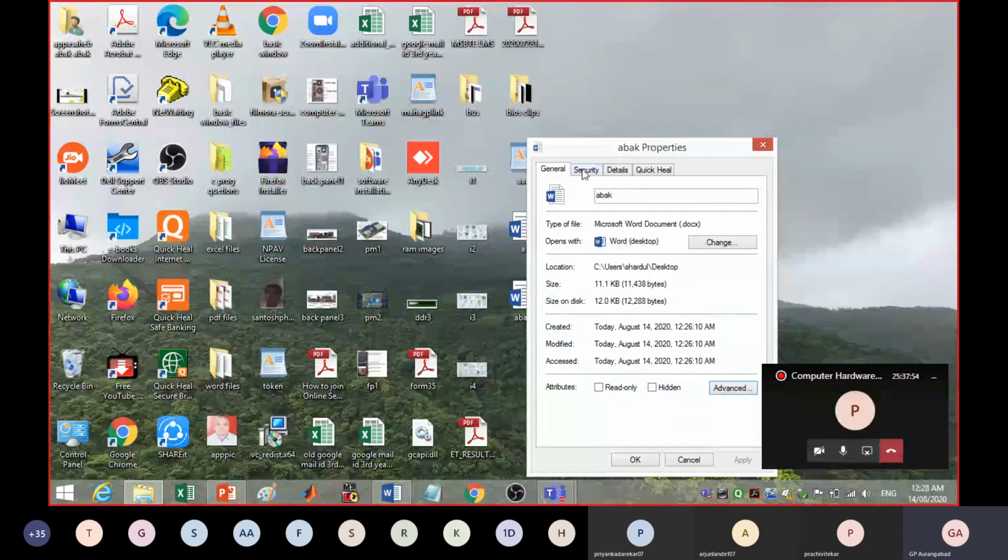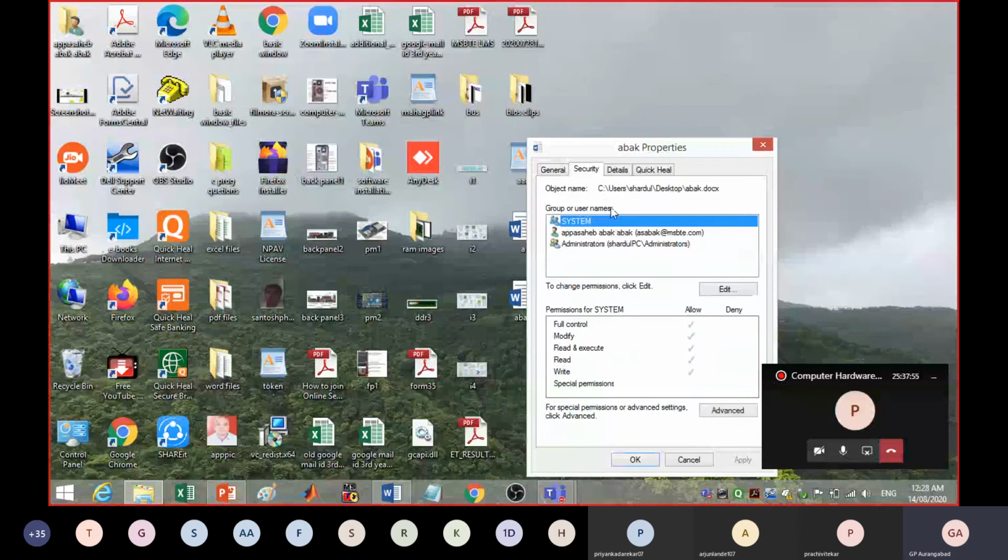Now if you come to security options, you will find how you can edit, who can edit, and what the permissions are: whether you have full control, you can change, you can read and execute, you can only read or write, or certain permissions.